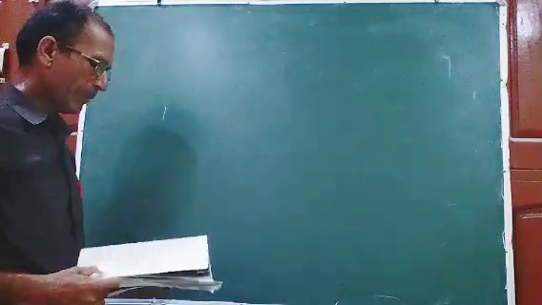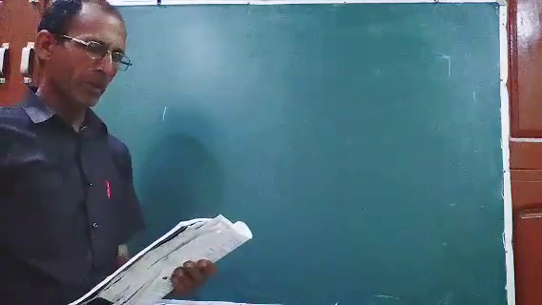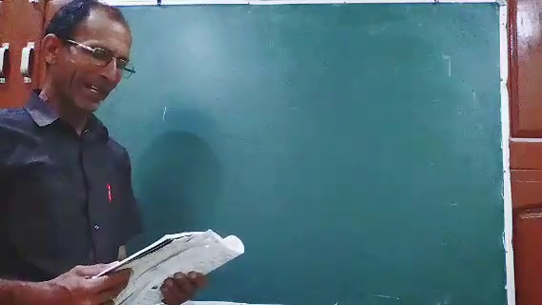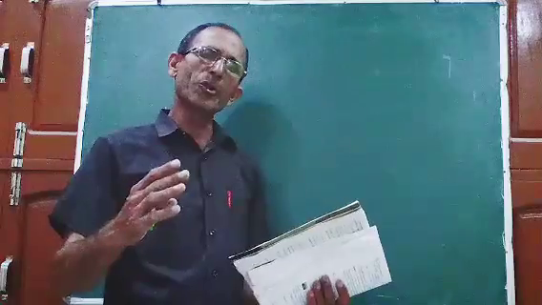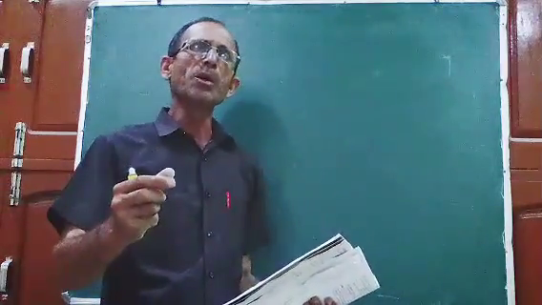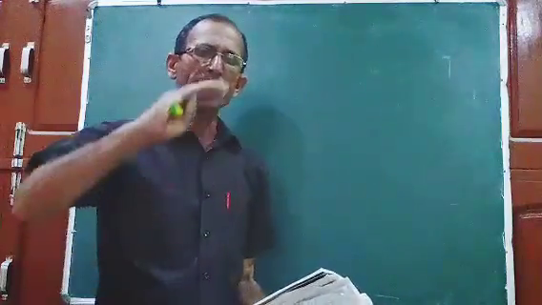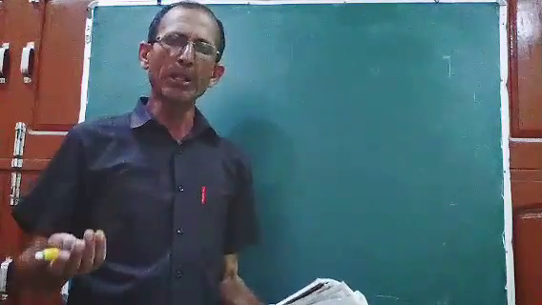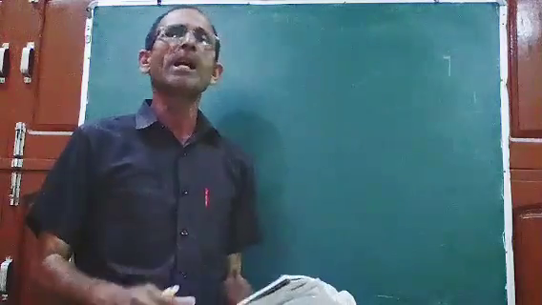Exercise 10.2. The edge of the cube is 24 centimeter. How many smaller cubes, each of side 8 centimeter, can be formed from this larger cube? So students, try to understand. From the larger cube we have to cut smaller cubes. So the volume of the larger cube will be the volume of the smaller cubes which we cut from it. How many smaller cubes are there? So the total volume will be equal to the larger.